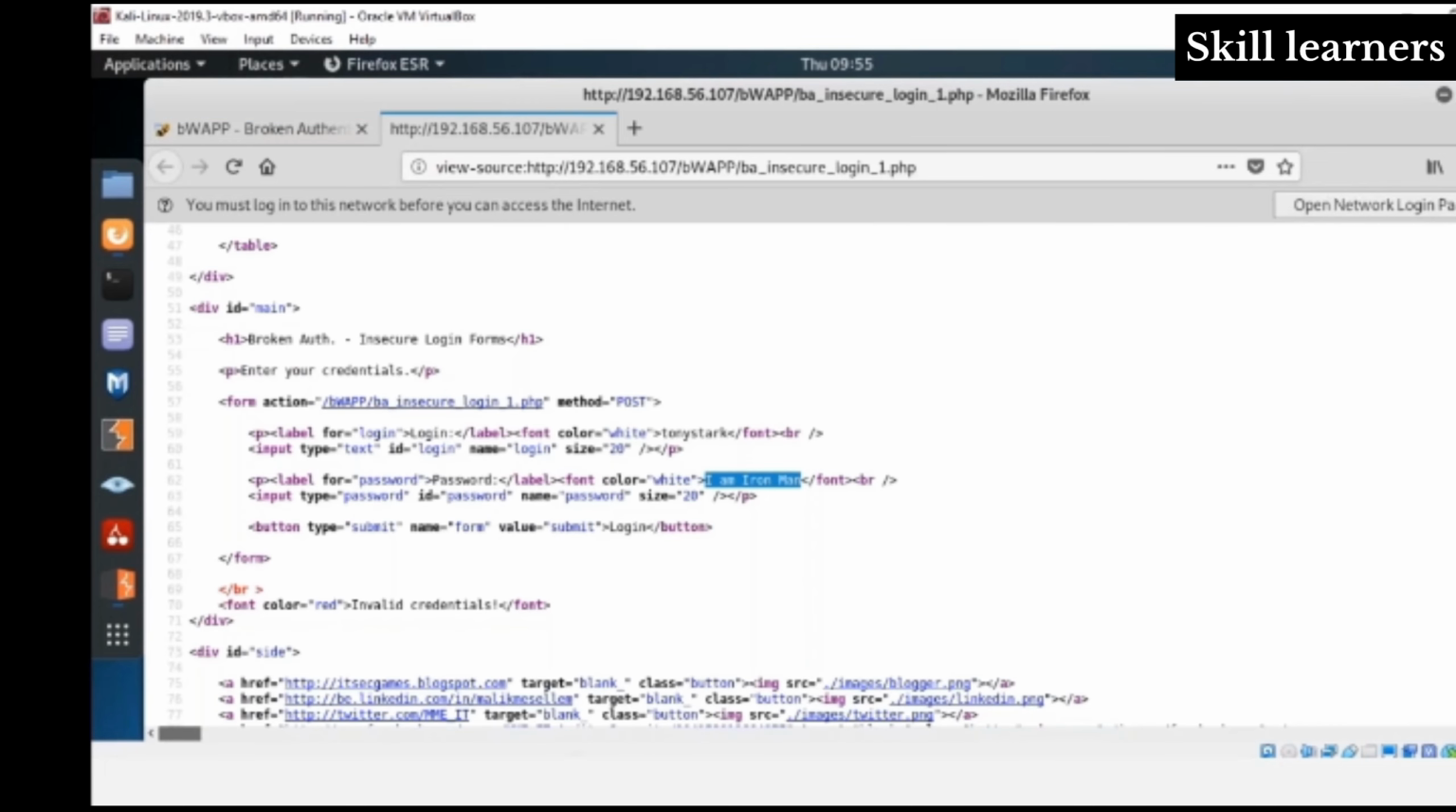This is the process which is under broken authentication. The developer has made a mistake: he has hard coded the credentials within the website, and it's a very normal thing for developers. They always do that, they don't want to actually go and log in again and again while they are developing